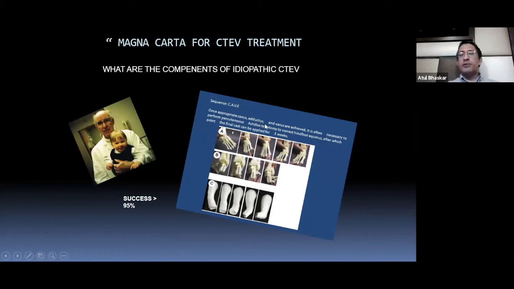So, and the lateral border, the midfoot varus as well, or supination. So cavus, adductus, varus, supination, and equinus. So there are 5 components to it, and the technique of manipulation has been very well described by Dr. Ponseti. You approach it from the first ray and then passively abduct, and I'll go into a bit of detail. So although you see only 4 deformities here, don't forget the first deformity is supination, and that's why we call it cavus, and that is what is classically seen in idiopathic clubfoot.